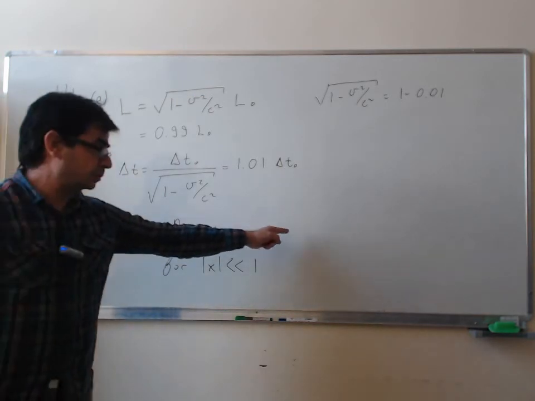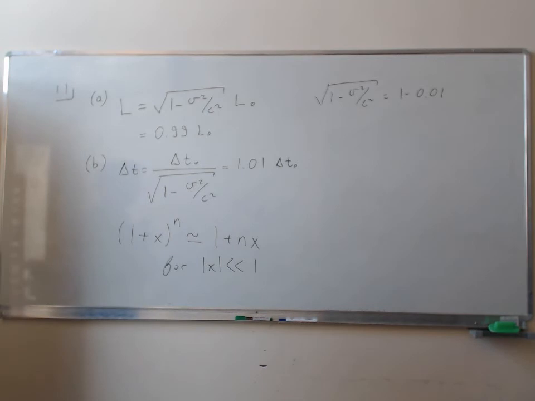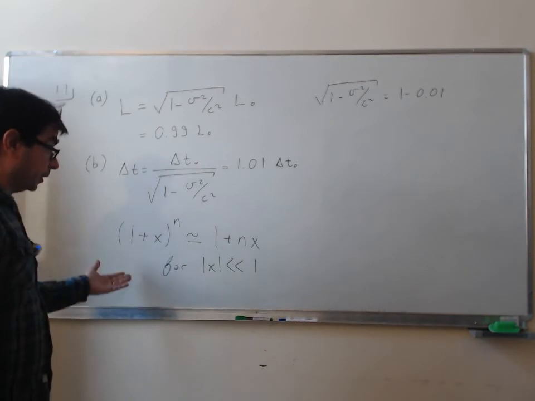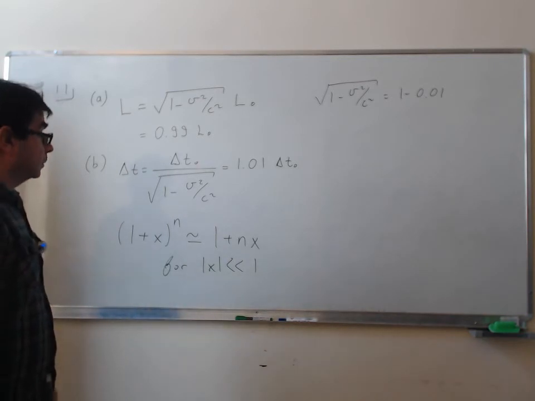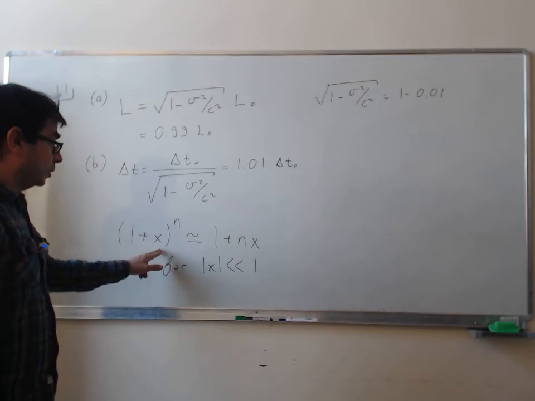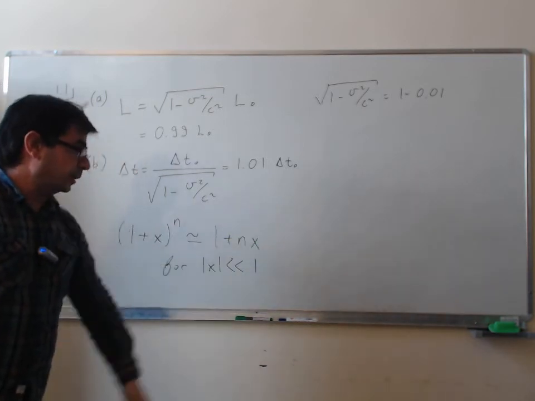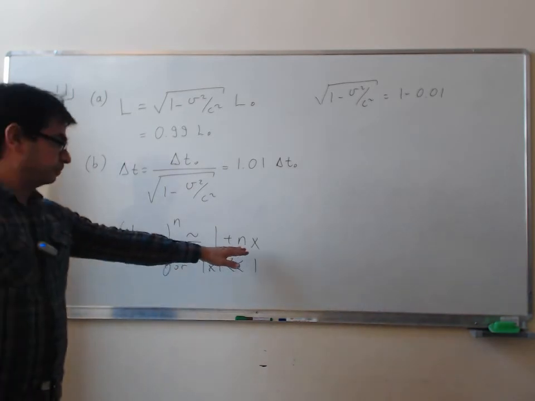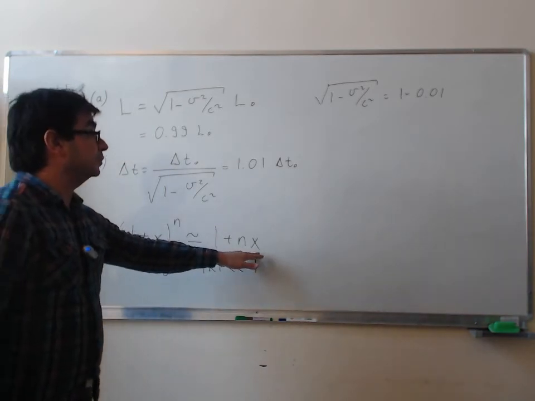So the second term here is going to be something like n times n minus 1 divided by 2 times x squared, and then it's going to be n times n minus 1 times n minus 2 divided by 3 factorial times x cubed, and so on and so forth. Just Taylor expansion, or binomial expansion in this case. Right? So because x is small, we drop those x squared, x cubed, x to the fourth terms because they are even smaller than x, but we keep this term. Right? So if you apply this to this,